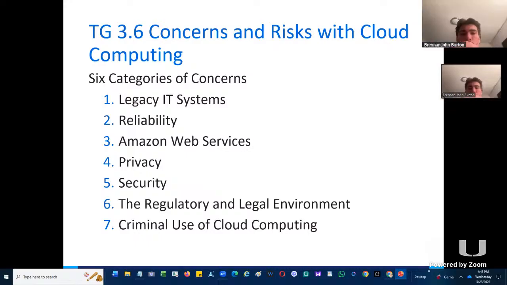So by economies of scale, it will cost them less than me and you buying millions of dollars of hardware. And guess what, Brennan? That's not our business. Our business is in finance. So that's why there's a trend. I'm still going to have to buy some hardware for all my people to use on their laptops or whatever. But that is the idea when I think about the risks.